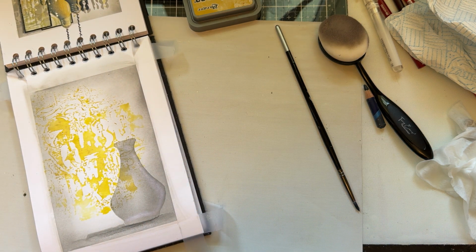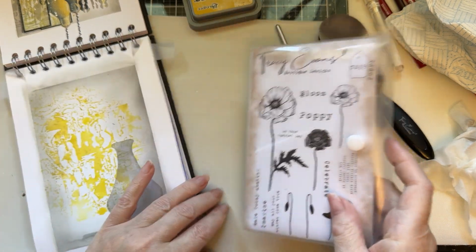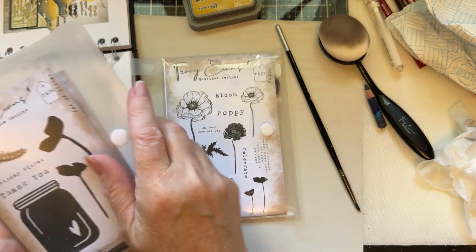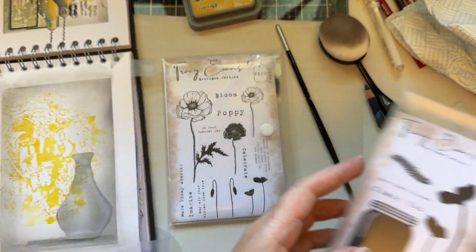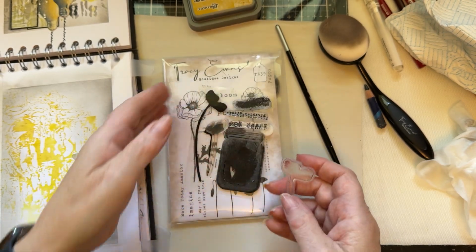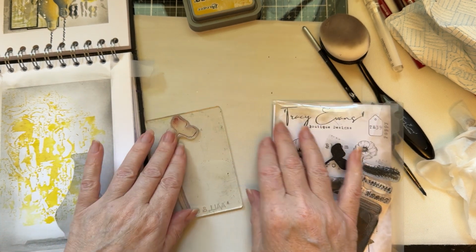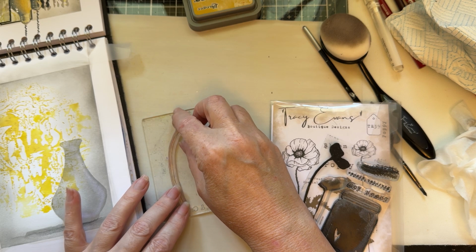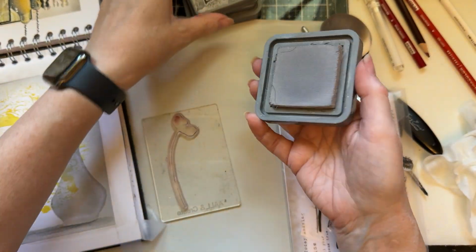And then what I'm going to do is grab our little poppy stamp and the jar of wishes. So I'm going to take the jar of wishes first, which is TE26. So we'll take TE26 first, and we'll take this one here. Now I'm going to draw in the stems myself, so I'm just going to use the flower head. Press that down there. What I'm going to do is use my Hickory Smoke Distress Oxide ink,